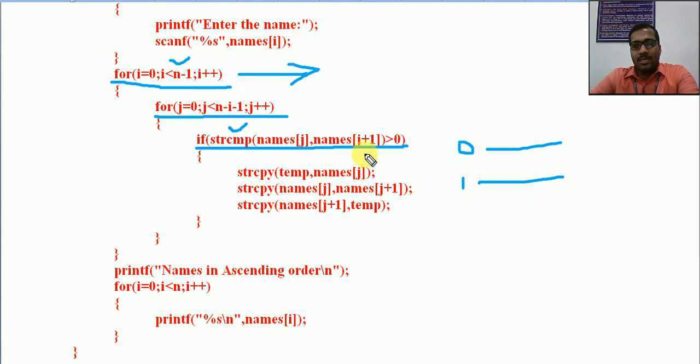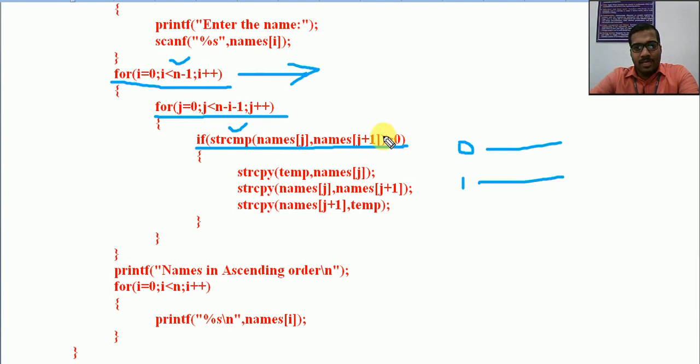I have already mentioned that the integer value will be 0, negative or positive. 0 means they are equal; positive and negative depend on the alphabetical order. I have already mentioned that while explaining strcmp, in the first string portion videos. You can refer to them for the exact working of strcmp.